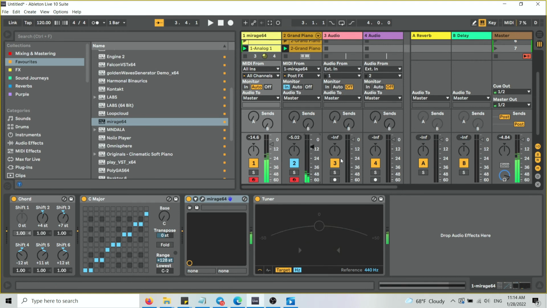So now we have the piano playing the chord, and then we have the analog playing the root note. Right, and now you can hear already how it's getting more into the ambient meditation music vibe. Right, so if you wanted to, you could